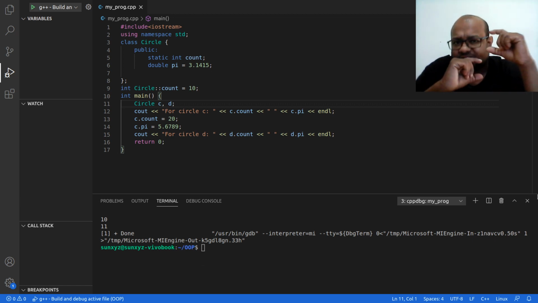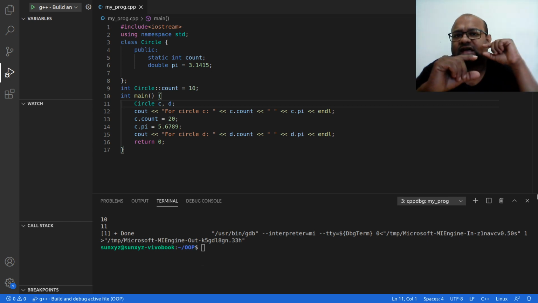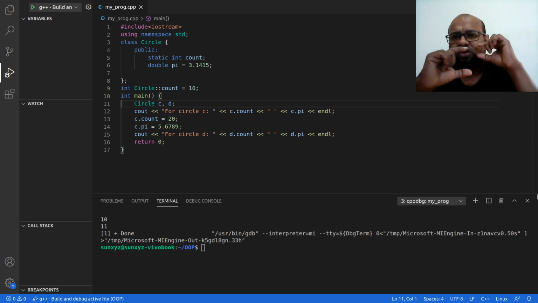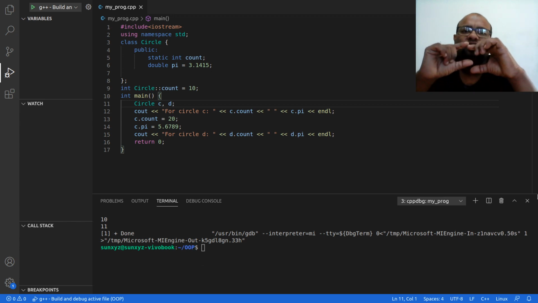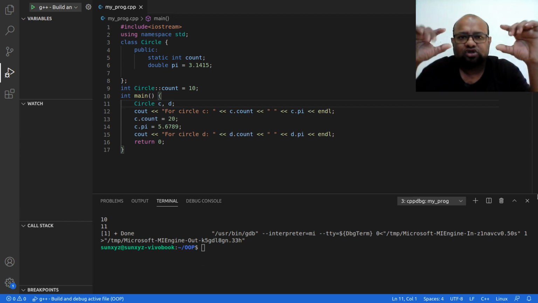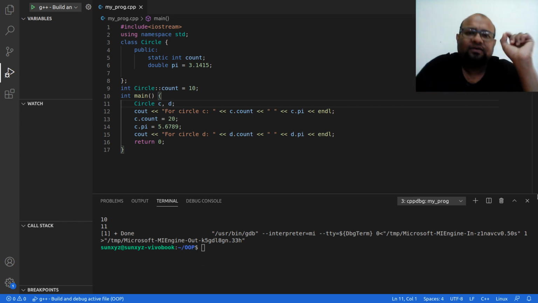the memory that is allocated for the C and D object, I am going to have memory for pi. So this C object is going to have a memory for pi, and the D object is also going to have some memory allocated for pi. But count is not going to be there inside this memory that is allocated for the object.